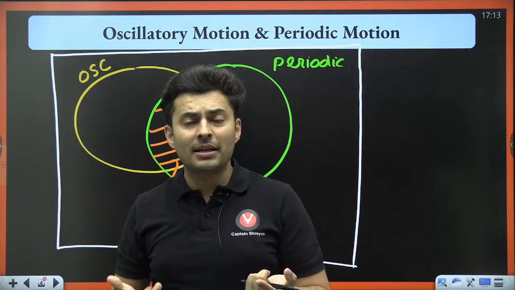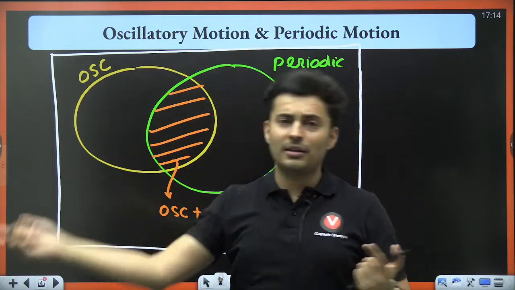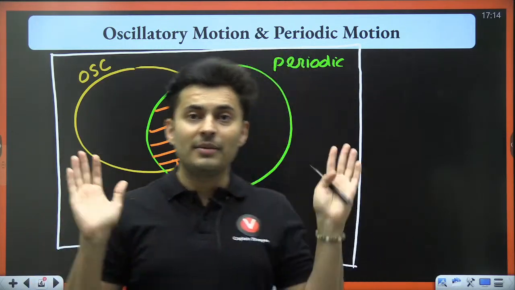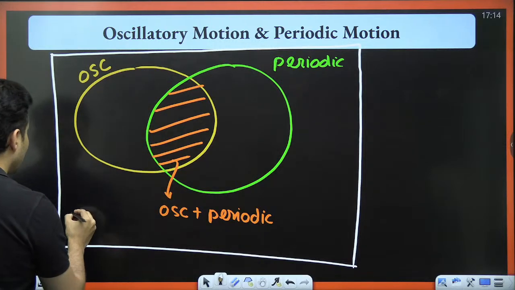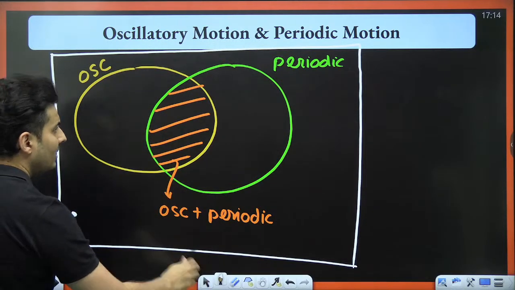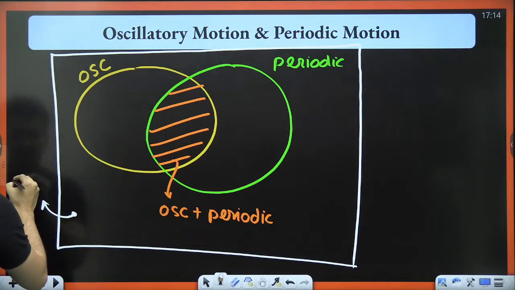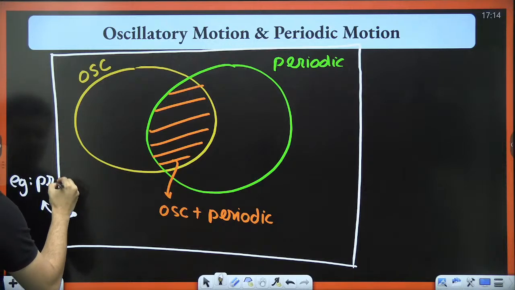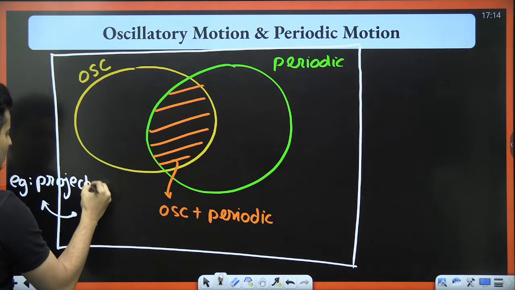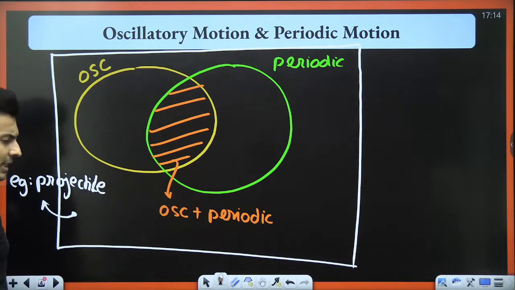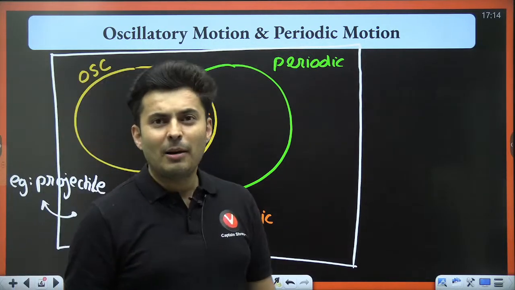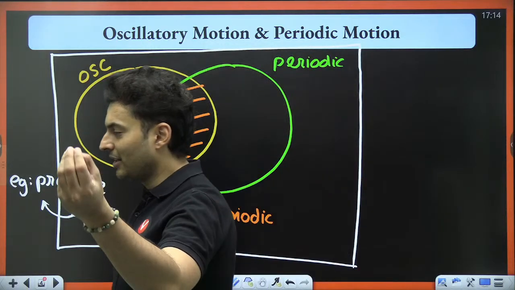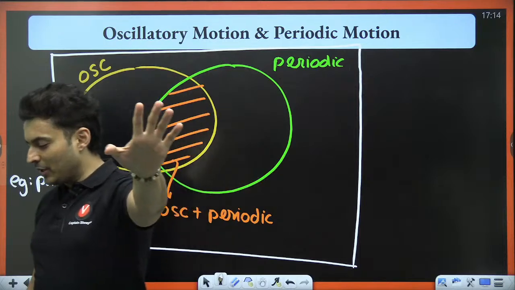Is it oscillating? That means, is it going there and again coming back? Is it to and fro? No. So it is not even oscillating. Hence, such a motion I would call neither periodic nor oscillating. The example for that is projectile motion. Projectile motion is a very good example. A Pandu walking towards Champa's house is also an example of neither oscillating nor periodic motion.